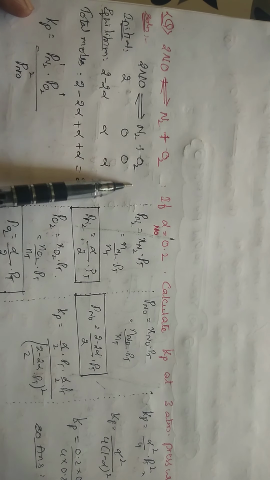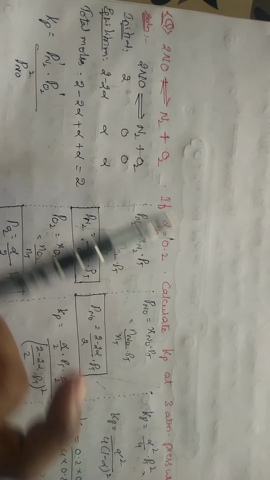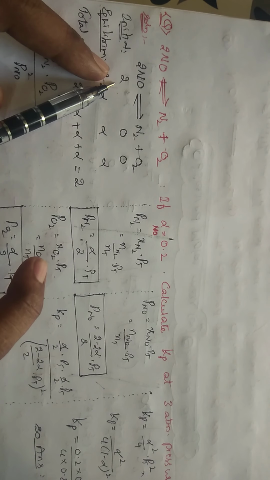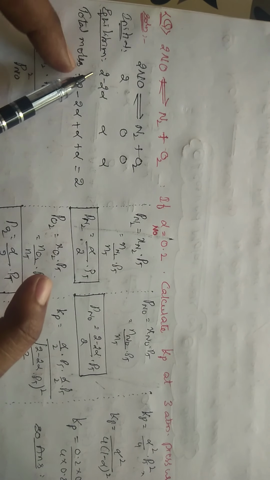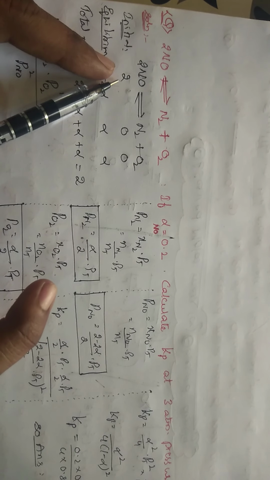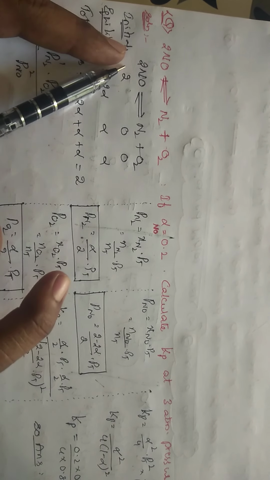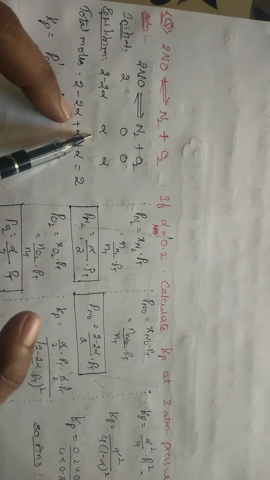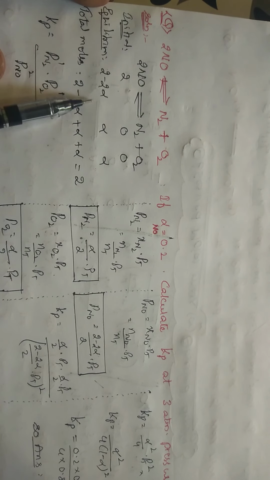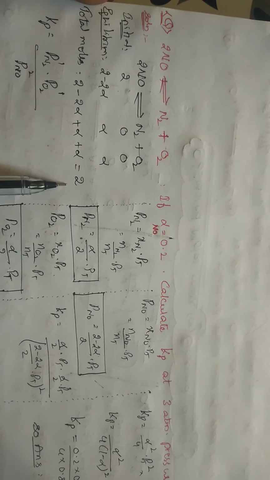Generally, the equation has been given in this way. Now I am assuming instead of 1, I can assume it as 2. From 2 moles, it will be going to alpha. If I take 1 mole here, it will be 1 minus alpha only. 2 moles means 2 minus 2 alpha. If it is 2, how many should be formed here? It is 1, so it is 1 alpha. Total number of moles, 2 minus 2 alpha plus alpha plus alpha. Total number of moles will be 2.